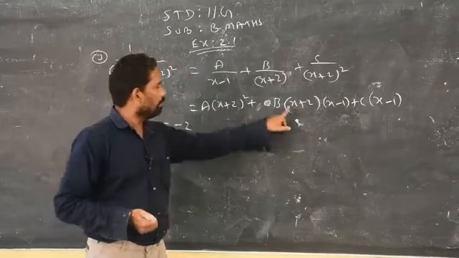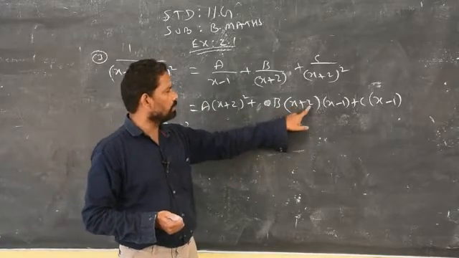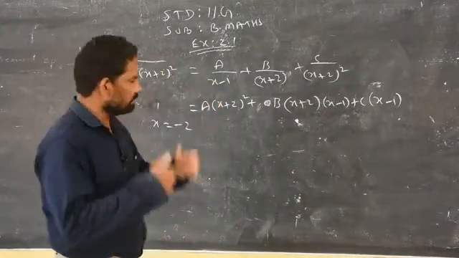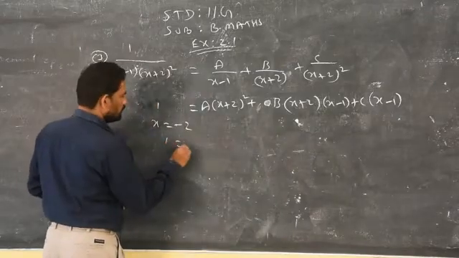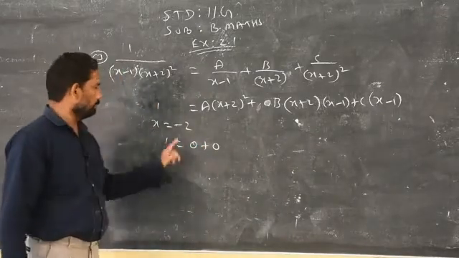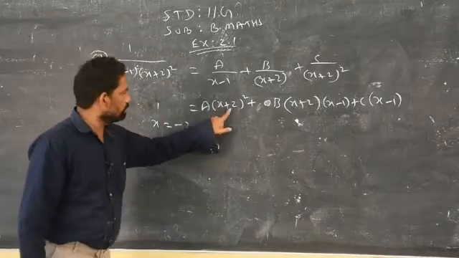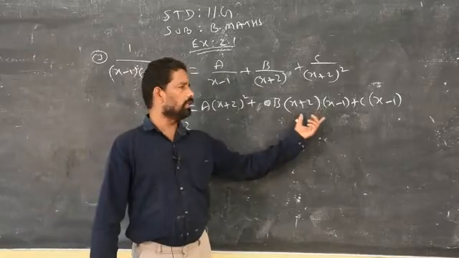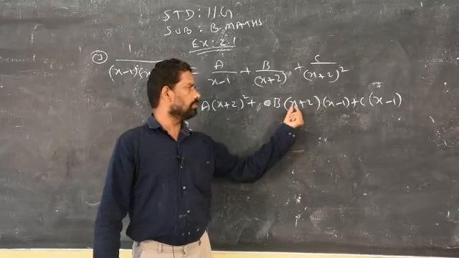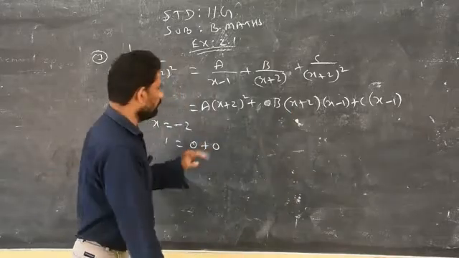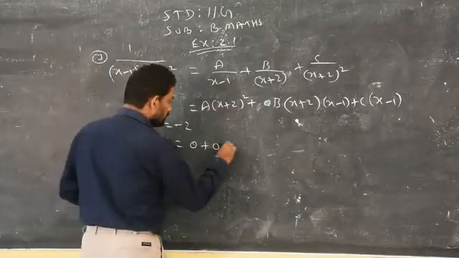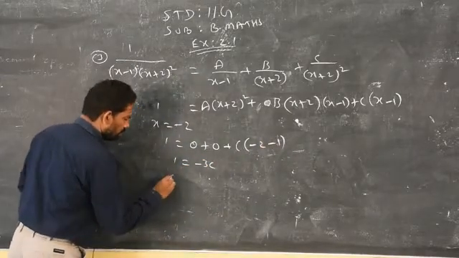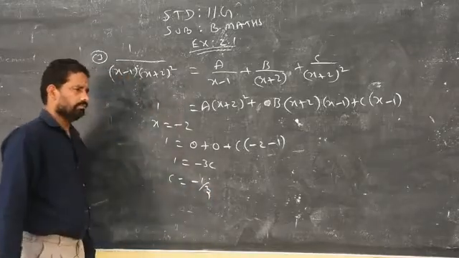Second term, minus 2. If you replace x equal to minus 2 plus 2, 0. If you multiply 0 into 1000 factors, you will always get 0. So, 1 is equal to 0 plus 0. Am I correct? 0 square is 0. 0 into whatever, 0. Then the second term also vanishes by replacing x equal to minus 2. Then finally which one is left? C of minus 2 minus 1. So I will get minus 3c is equal to 1. Therefore c is equal to minus 1 by 3.